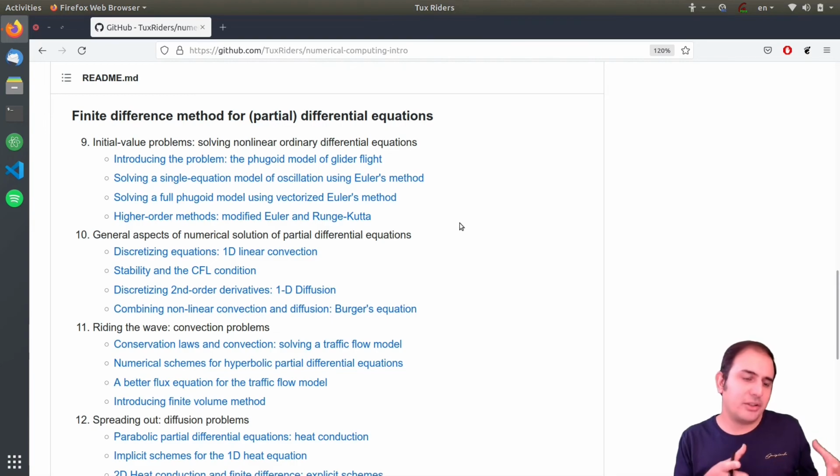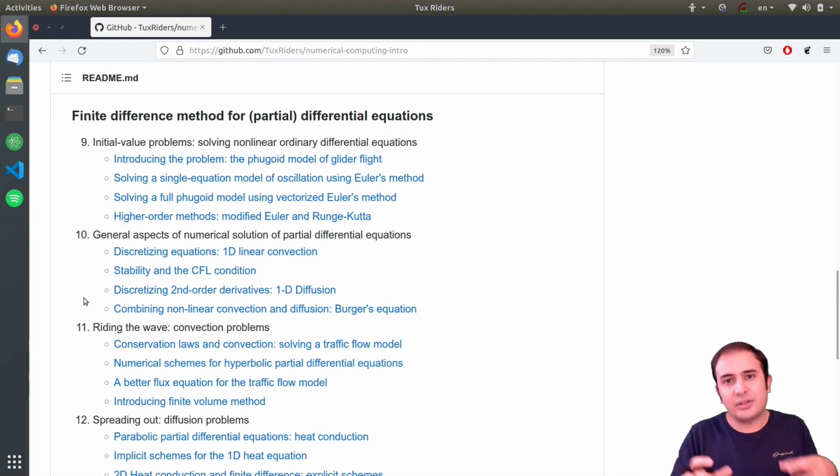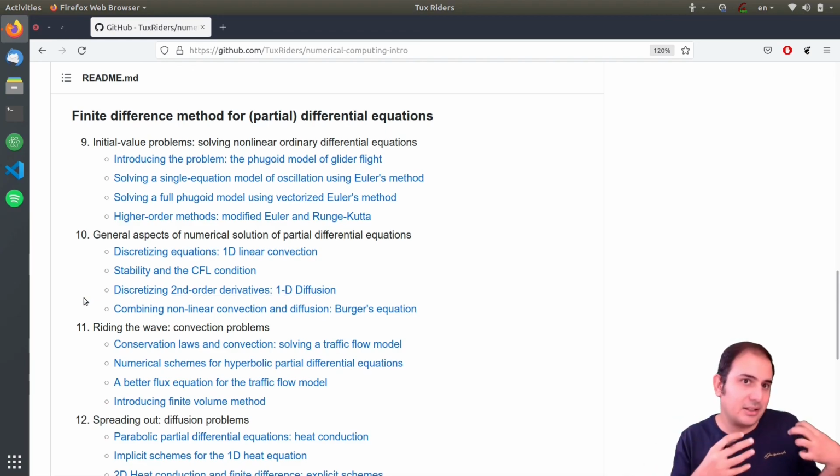Okay, that was what I wanted to discuss on very general aspects of numerical solution of partial differential equations. You saw how we could employ those techniques, the finite difference, backward difference, and forward difference, to solve a simple one-dimensional linear convection and also a nonlinear convection equation. In the next videos, I will describe why stability matters a lot, and also we will try to discretize with second order accuracy in space in order to solve the